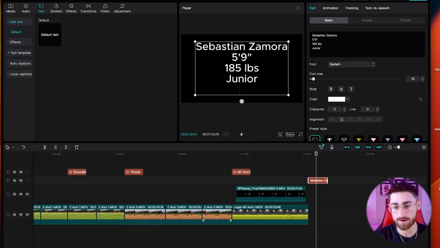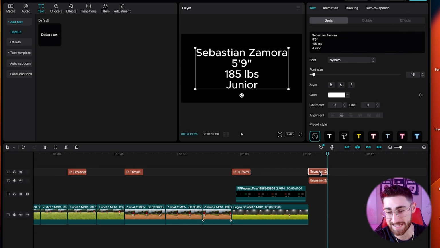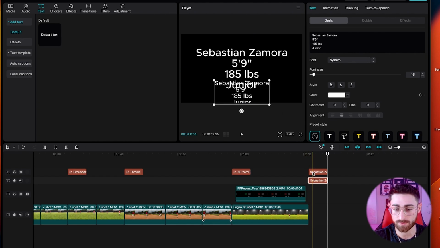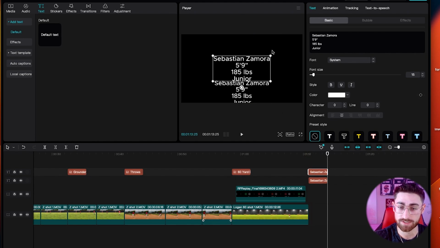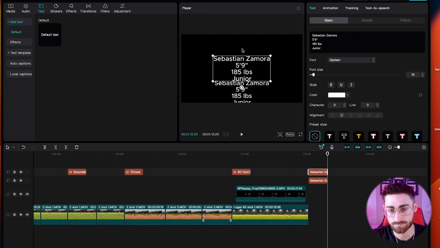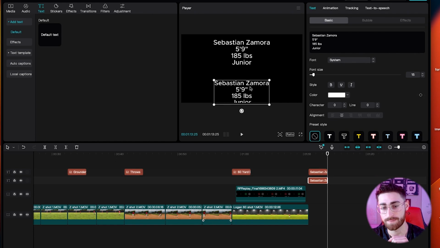our weight, and then the next thing that we're gonna do is copy this and paste it again, and then we're gonna grab the bottom one and drag it down, and then shrink it, and then grab the top one, shrink it, bring it up to the top, right there. And as for the bottom one, what we want to do is edit this to have